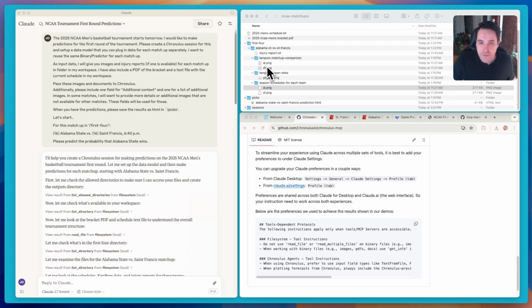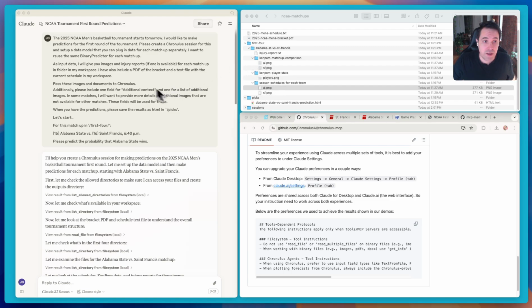I also have screenshots here from KenPom. I'm not going to show those on screen because I just want to be really respectful of KenPom and their data. I love their site. Definitely go out and use it. Definitely use it for your own analysis. I don't want to show that on screen and get into any sort of legal issues with KenPom, but definitely utilize their stats. It's super helpful. Kind of the gold standard in college basketball. So that's how I have this set up.